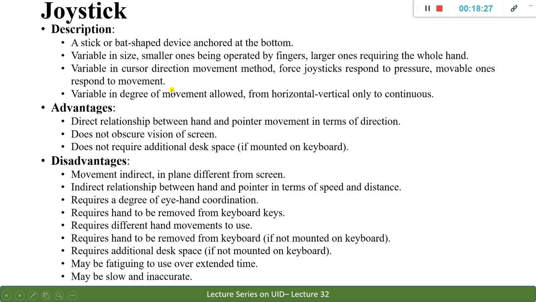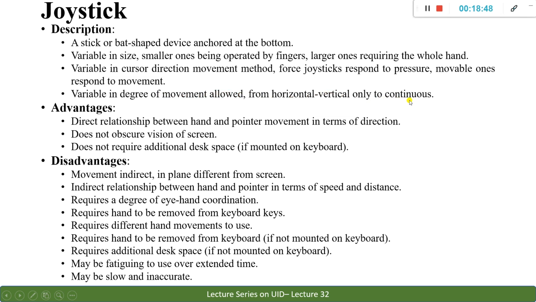So in whichever direction you put pressure, in the direction of the movement of your hand, in the same direction your cursor should also move. Okay, so variability in the degree of movement should be allowed, from horizontal and vertical to continuous.